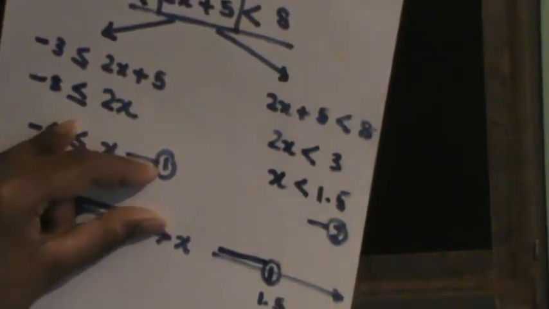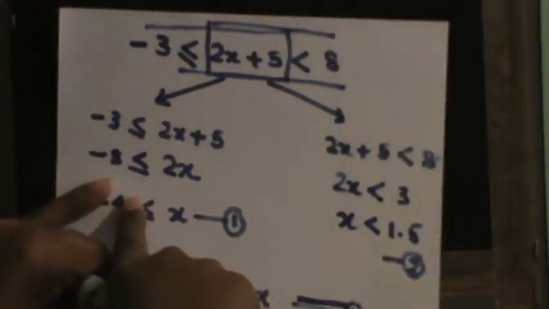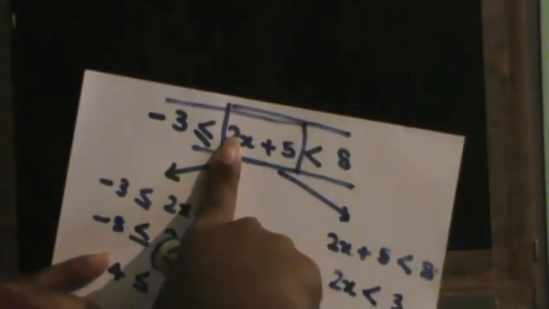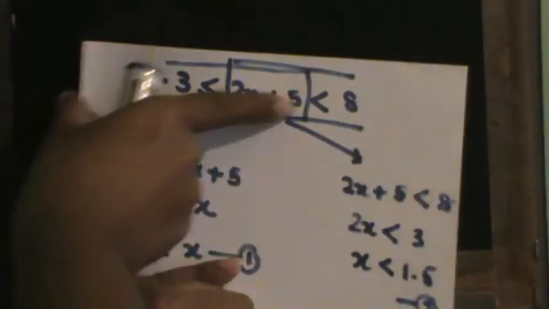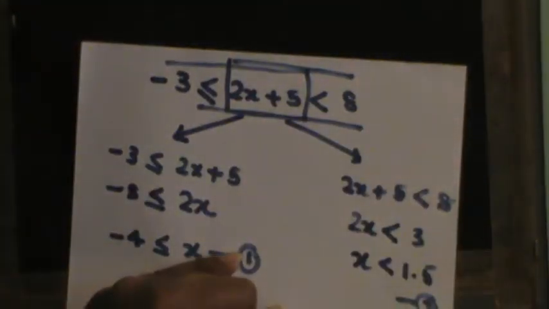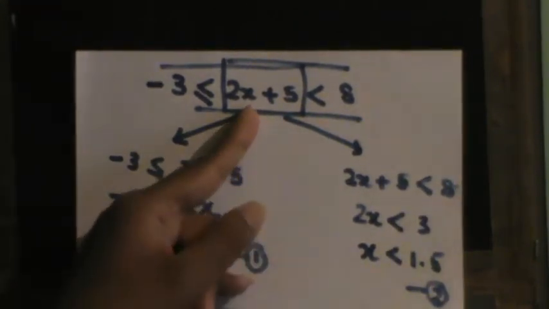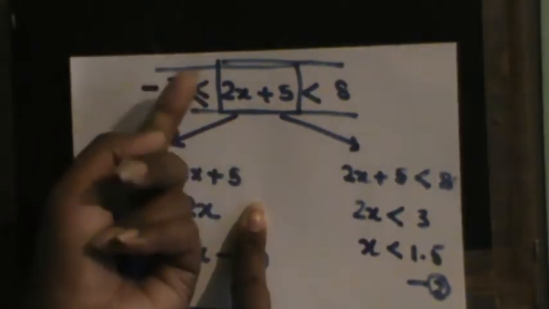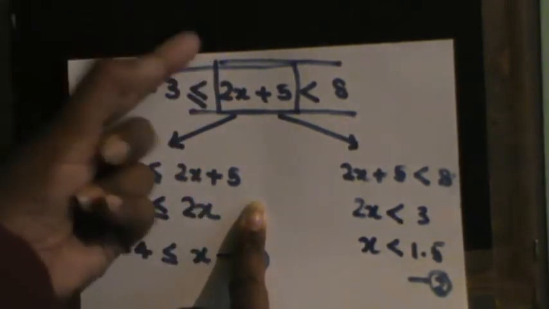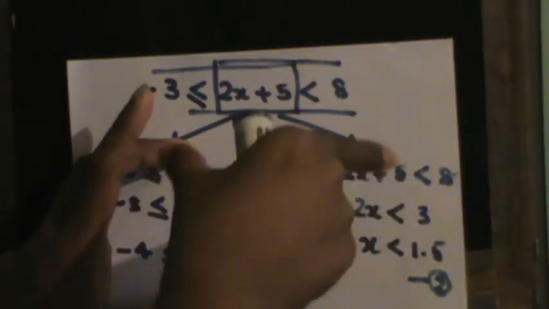So in order to find the solution that satisfies both these inequalities, now I don't want the solution for this inequality, not the solution for this inequality. I want the solution for the basic inequality here. Now what I did was I divided this inequality into two parts, and I found the solution. But I found the solutions only for the inequalities that I divided here. But the question is asking the solution for this inequality. So since I divided this into two parts, finally I have to merge these two parts up here,